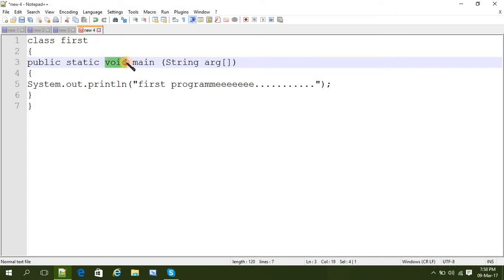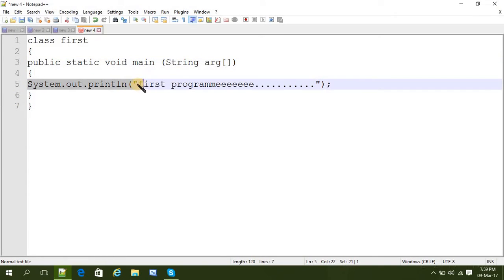And void means main is not going to return any value, that is why it is void. And then our main method always takes an argument as a string. So here is the argument, String arg, and then this line will print this string, first program.